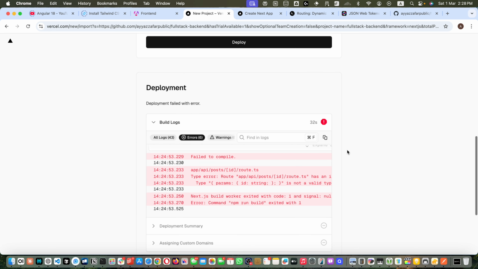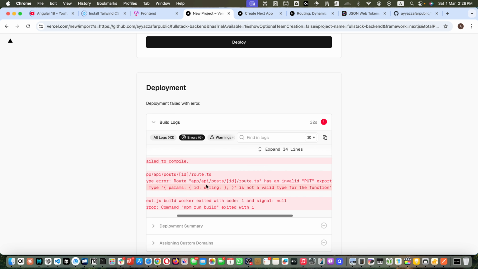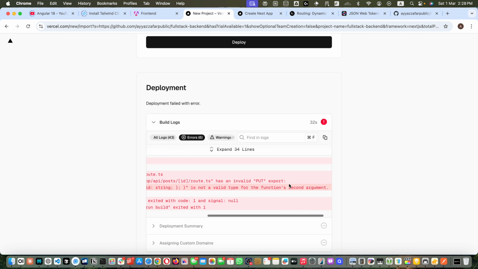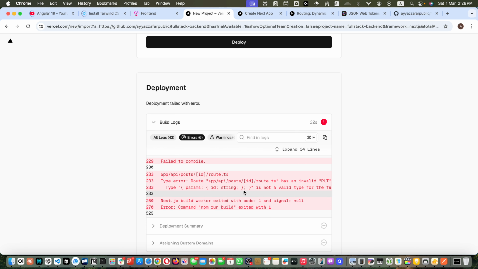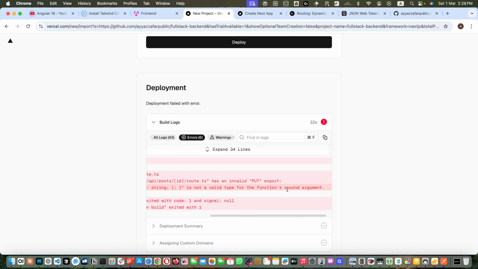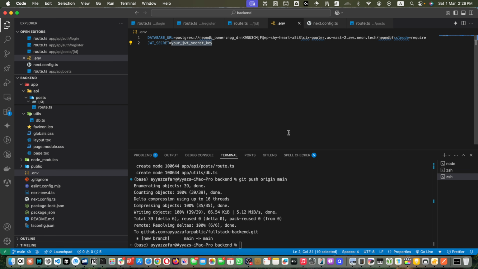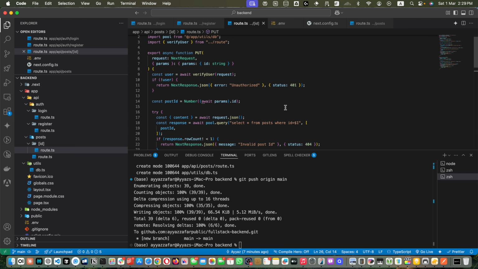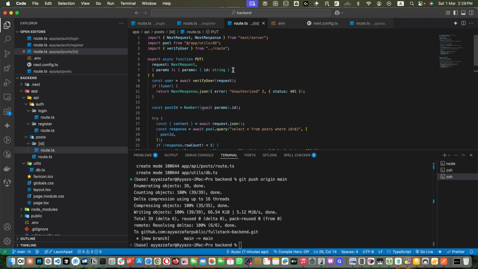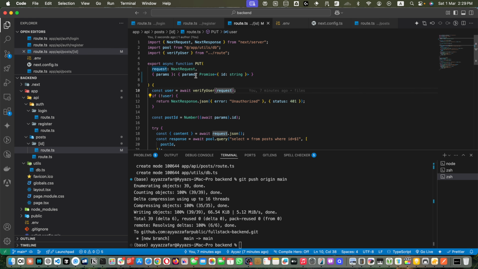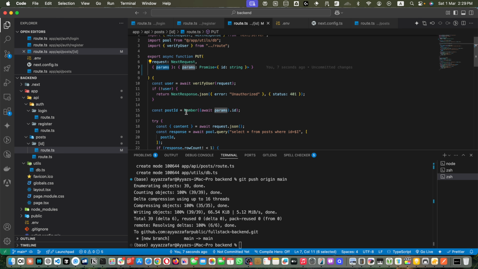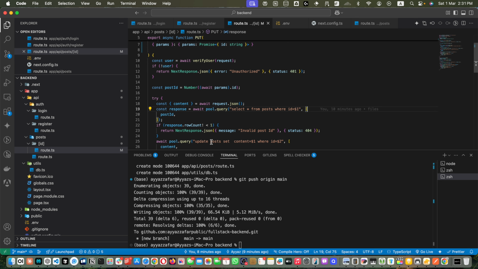After hitting the deploy button, I got this error that it failed to deploy because of this error that is saying that this route has an invalid put export. The type params id string is not a valid type for function's second argument. So let's fix it. Okay, so to fix that, we have to make some changes in the type. So go to this route, and we need to change these types. Here I should specify this. Let me remove this. I have specified that params is promise with this data in it,